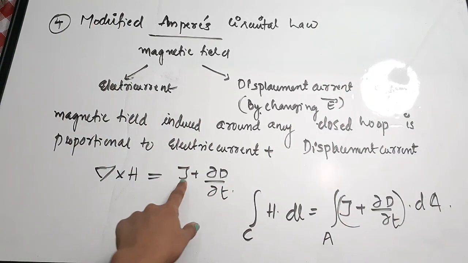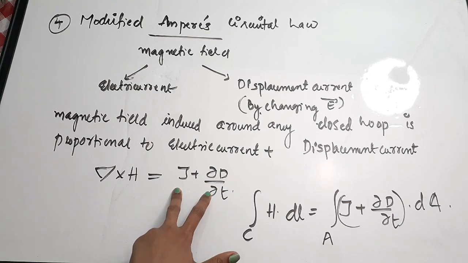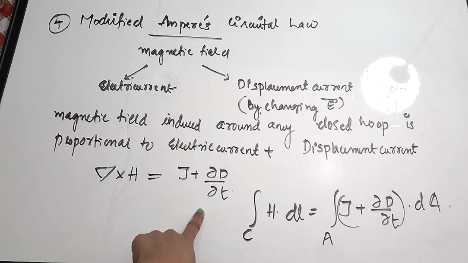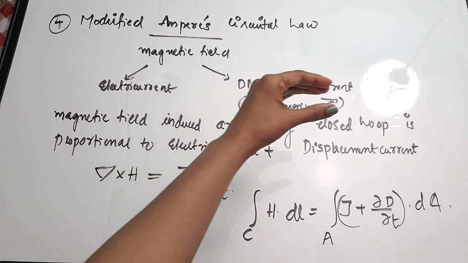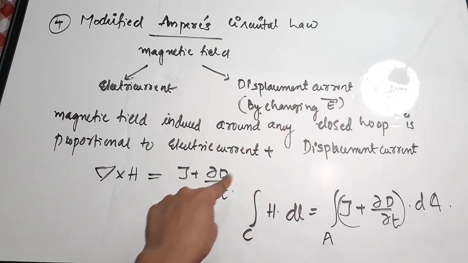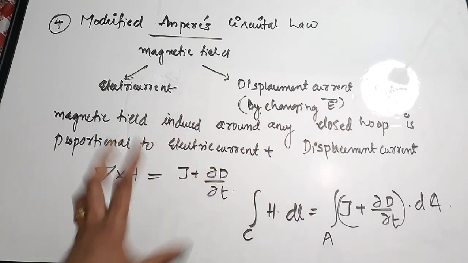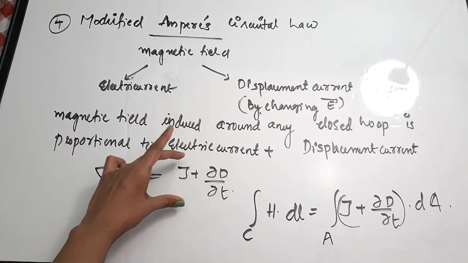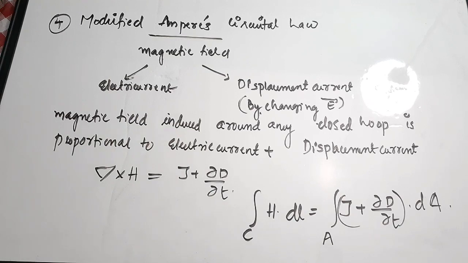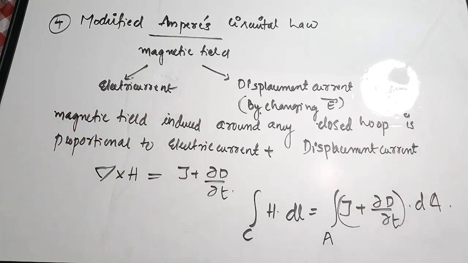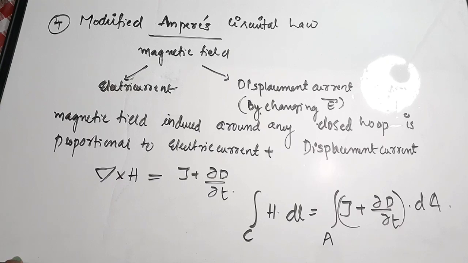So in this equation, we can see two components. One is the electric current. This is the component representing the displacement current. We have seen that the displacement current is due to the changing electric field, so we represent it by the electric flux density. This term constitutes the displacement current and this is the electric current. I really hope that these four equations are now familiar to you. Now we'll see a quick method, in a tabular form, of how we can represent and memorize these four equations quickly.